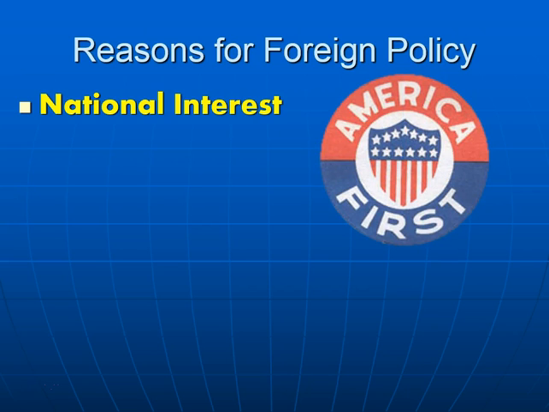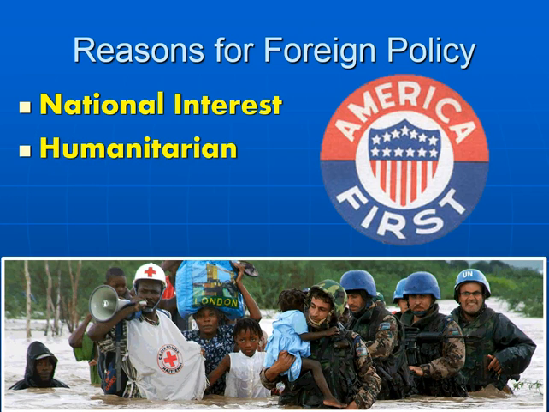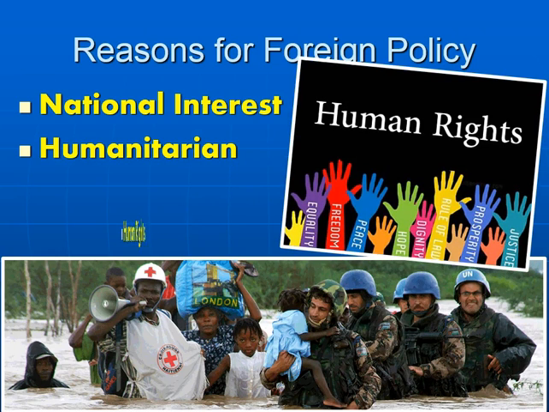So we can come up with a list of reasons for American foreign policy. The first one would be our national interest. One of the reasons, and probably the most common reason why we get involved in foreign policy in international affairs, is to protect the interests of the United States. A second reason, sometimes we want to play the good guy in the world, and that is for humanitarian reasons, so helping out after an earthquake or a hurricane or some other type of natural disaster, or helping people in a starving country. Sometimes we do it just to be the good guy, but again, that goes back to our national interest. We want to look like the good guy in the world.